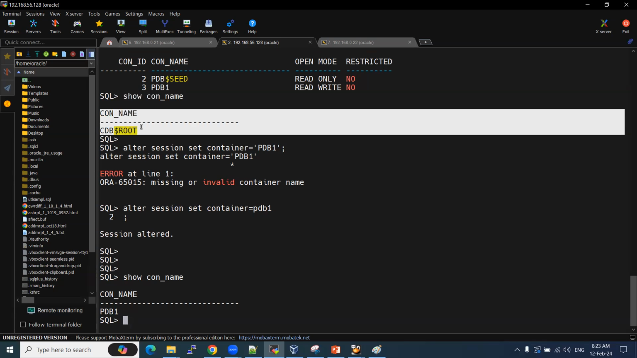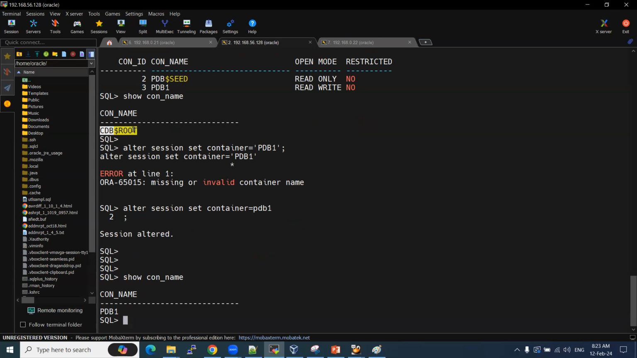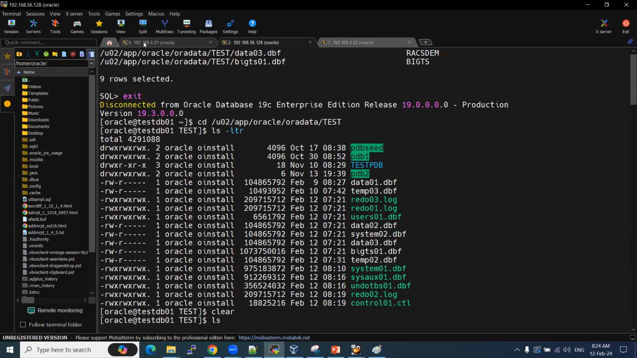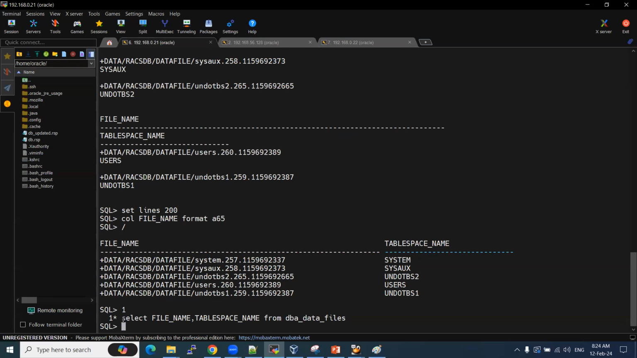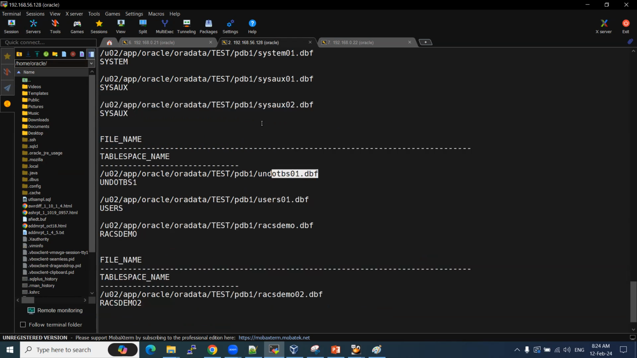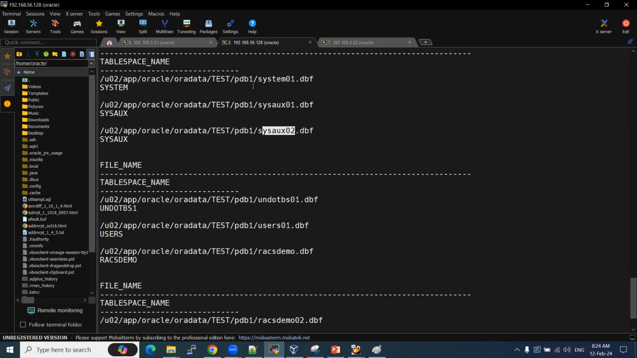Earlier, when we were at the CDB root level, it showed CDB root. But after I changed my container from CDB root to PDB1, it is showing PDB1. I'm in PDB1 now. If I query the tablespaces, it will show all the data files related to PDB1. These are your PDB1 tablespaces: undo, PDB1 sysaux tablespace,